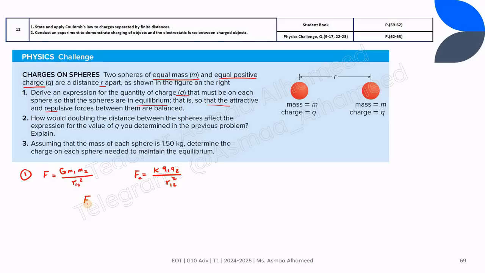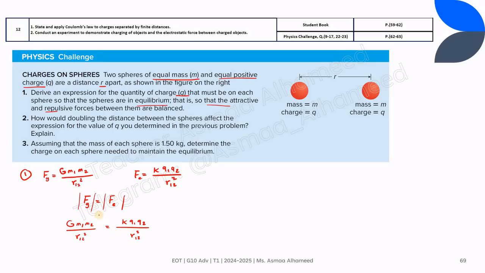So here we will say that the force of gravitational attraction is equal to the force of electrostatic repulsion. Here we are talking about magnitude. So let's substitute: G m1 m2 divided by R12 squared is equal to K Q1 Q2 divided by